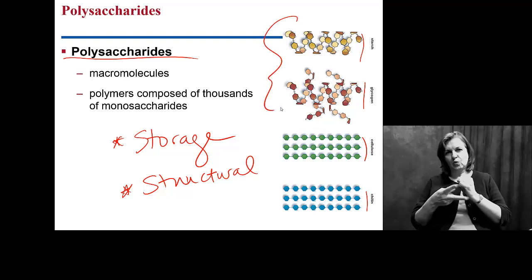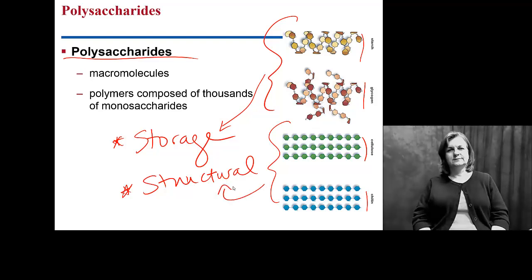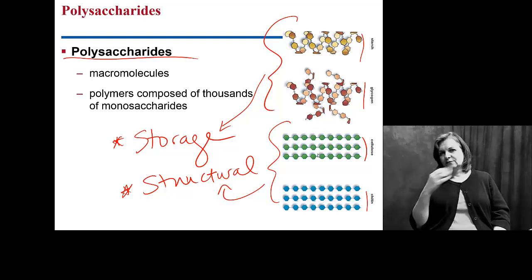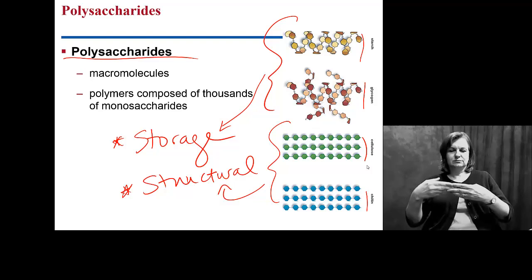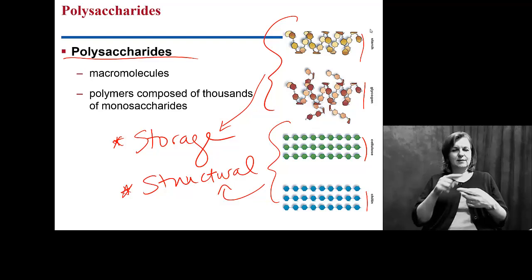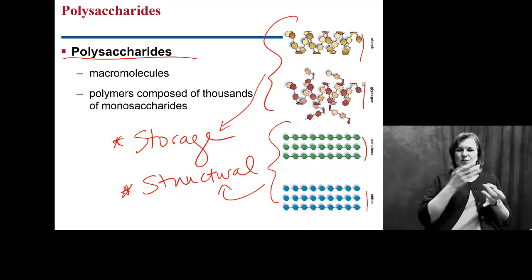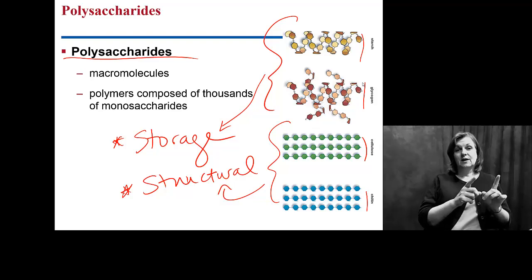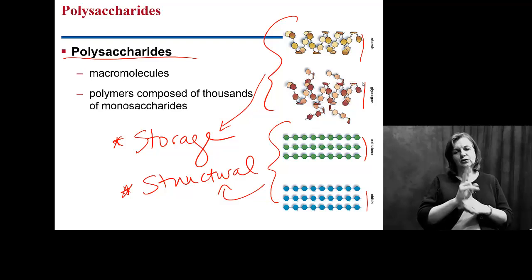These top two are storage. These bottom two are structural. So what we're looking at is, in the case of our structural polysaccharides, this very organized and distinct pattern. You can tell that these would stack together very easily. These others, the starch and the glycogen as storage molecules, are very complex. You see, they probably don't stick together very well, but what we look for is these complex structures for long-term